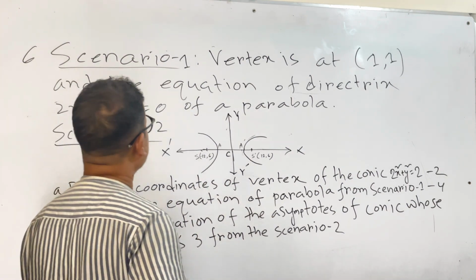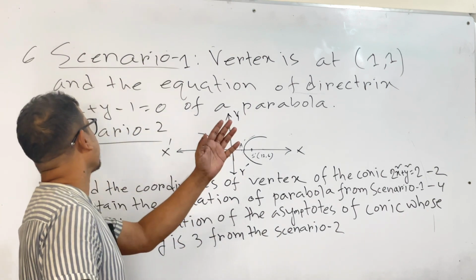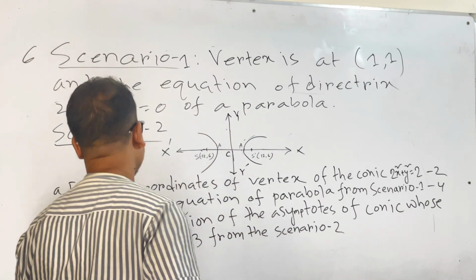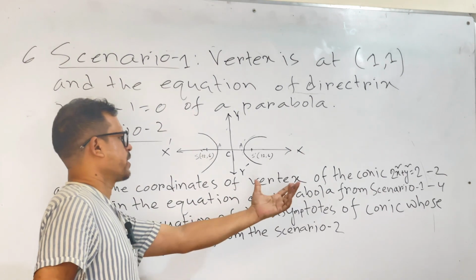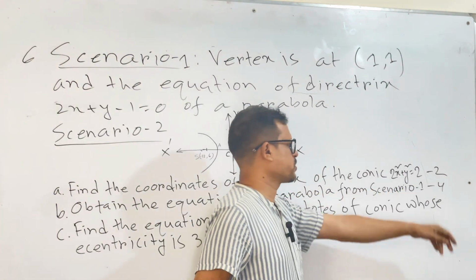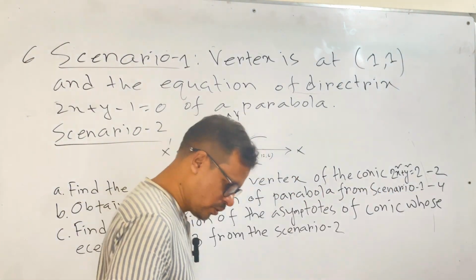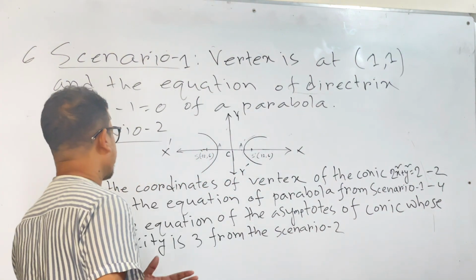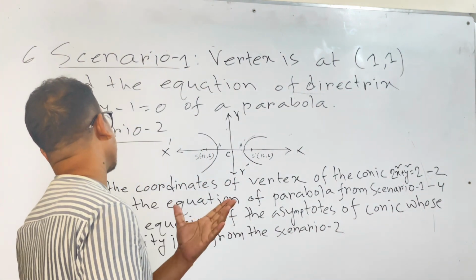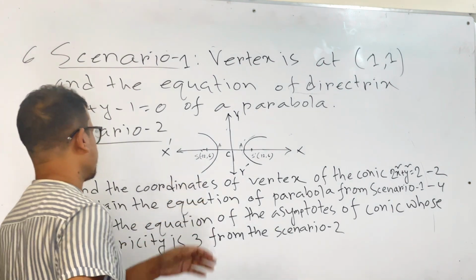That means we have to actually use scenario 1 and scenario 2, and we have to find the coordinates of the vertex of the conic. We have to use this equation, 2x square plus y square equal to 2. From this equation we will find the coordinates of the vertex, and we will obtain the equation